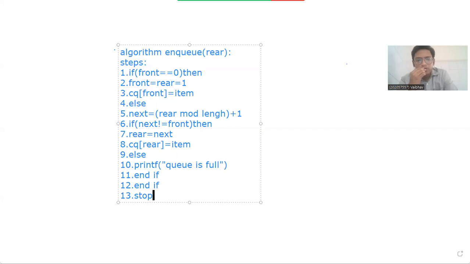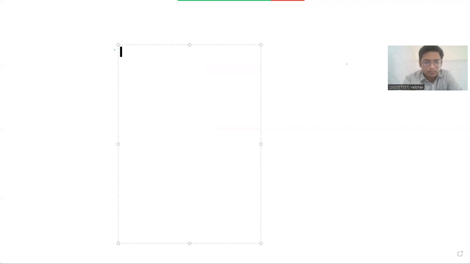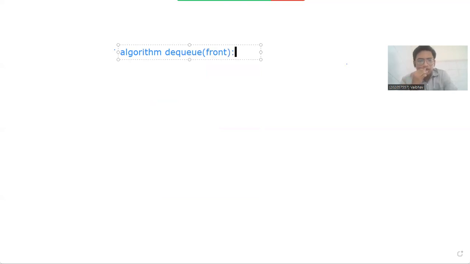Front and rear are the two pointers. Algorithm DQ. DQ is nothing but the front pointer. And the steps for the DQ are